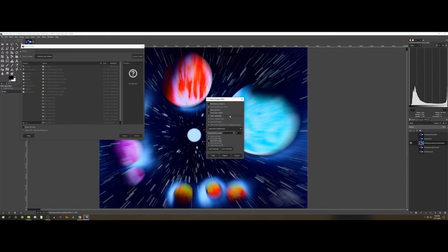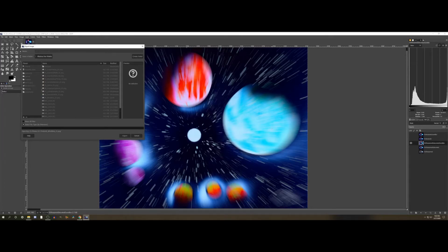When this screen pops up, I don't really ever mess with any of it. All I do is make sure I save it as a PNG, but hit export. Let it do its thing. Since there's so many layers in here and all different types of filters and whatnot going on, this is going to take a minute to export out. But whenever it gets done exporting,